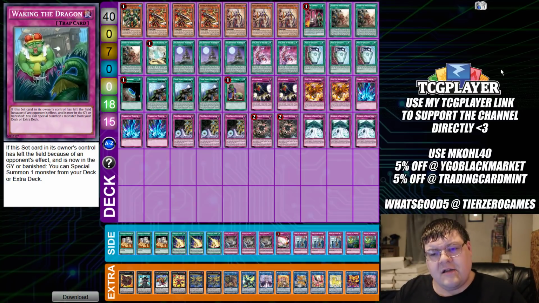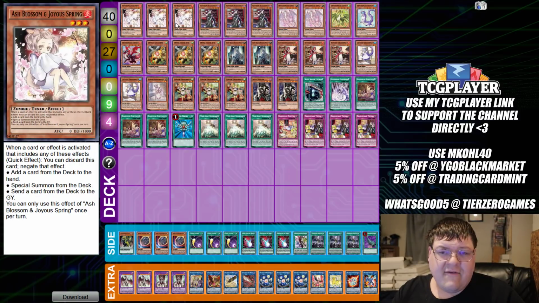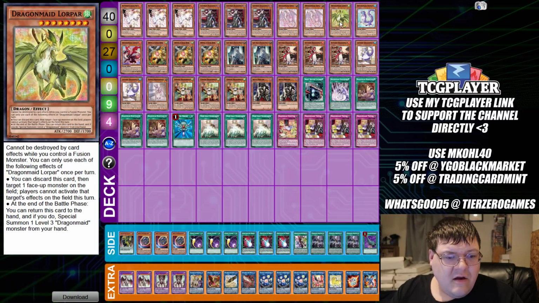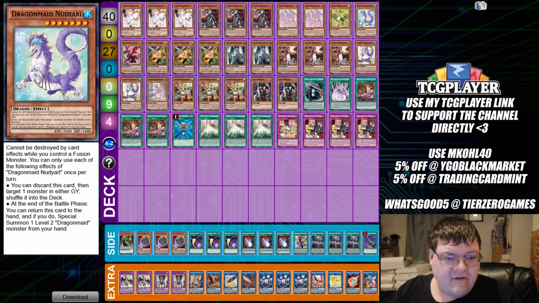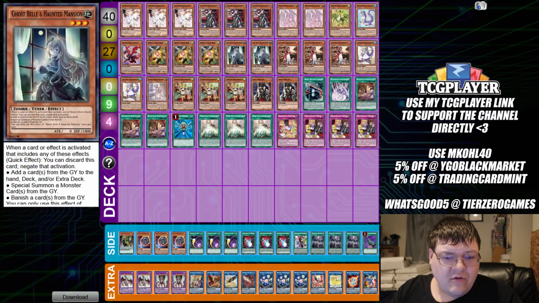Wrapping this up. And then out of Luxury Game 10, the only Dragonmaid deck was played by 2 players that were both playing the exact same list here. So we have triple copies of Ash Blossom and Joy Spring for Dragonmaids, triple copies of Chamber Dragonmaid, 2 copies of Ernest, 1 copy of Lepore, 1 copy of Nudal, 1 Tinkek, triple copies of Drone Lockbird, 2 Ghost Bell,